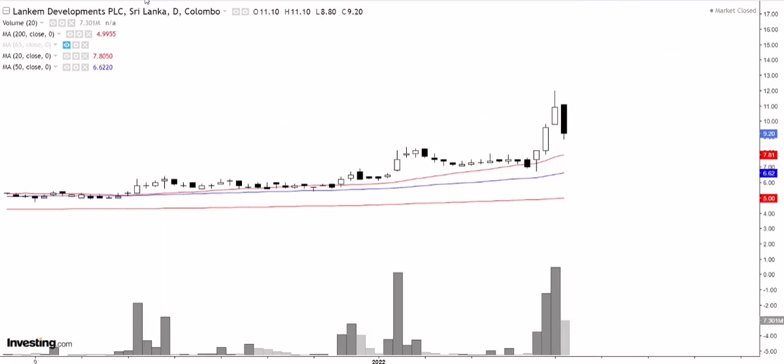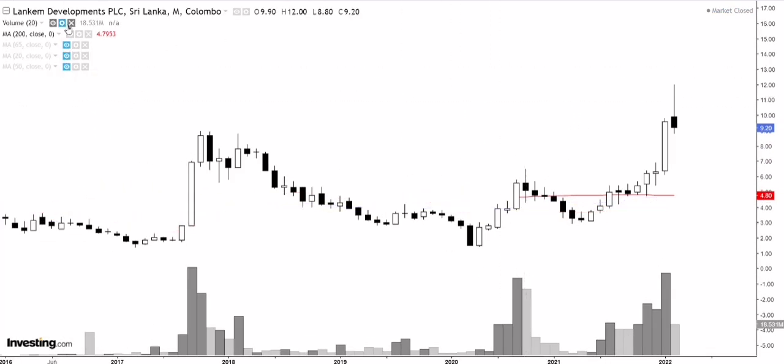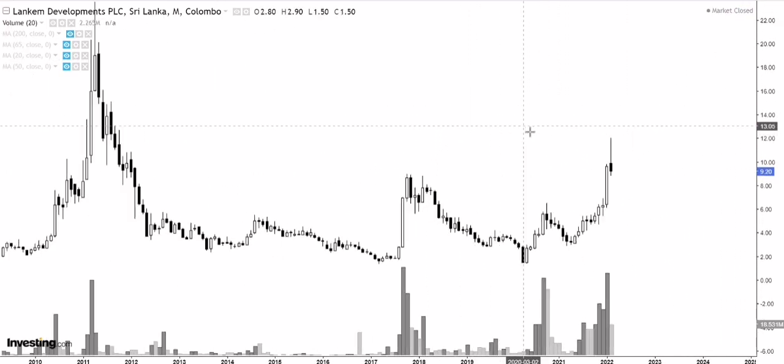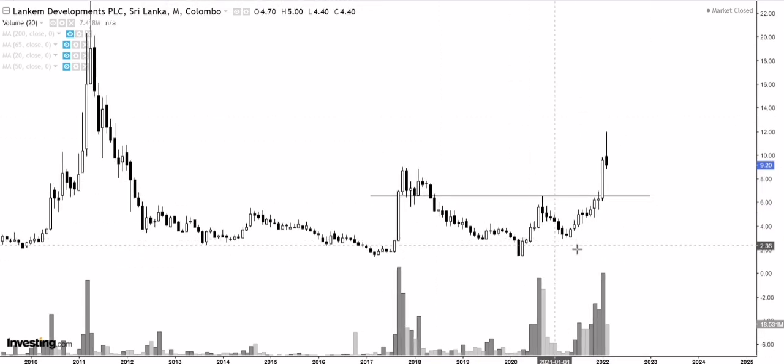Now if you want to move into the monthly chart, I think it gives you a better view. The monthly obviously shows a nice rounded base over here. We can see a possible double bottom as well over here. So normally what usually happens is the right bottom usually falls below the left, but as of now what we are seeing is right is above the left. But regardless, if you want to take a price target from the double bottom, that will roughly